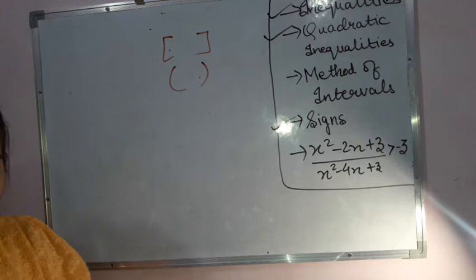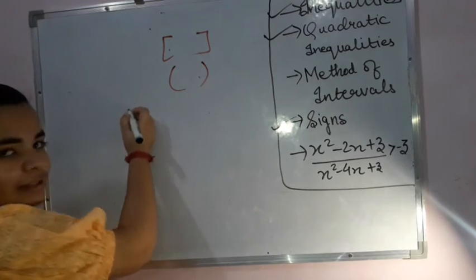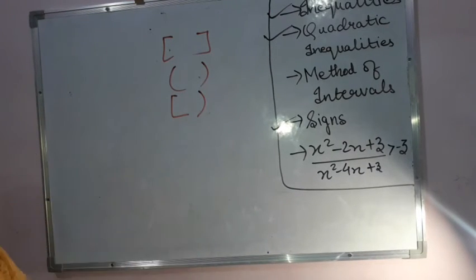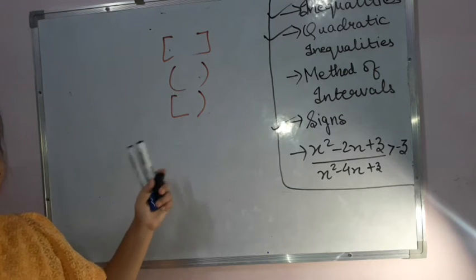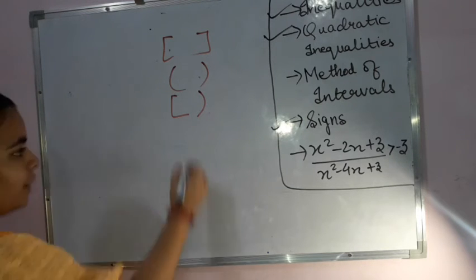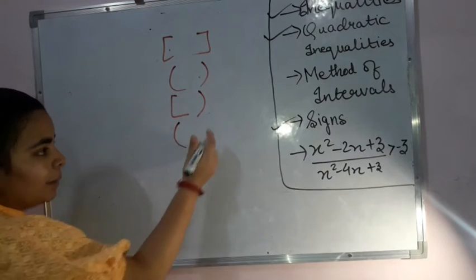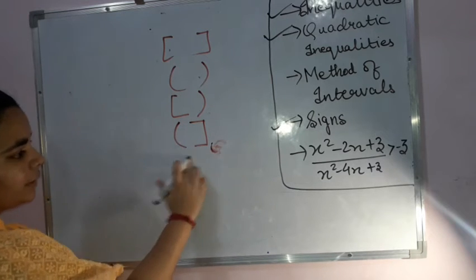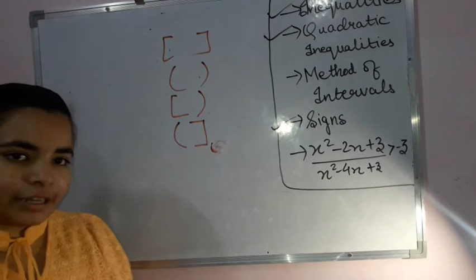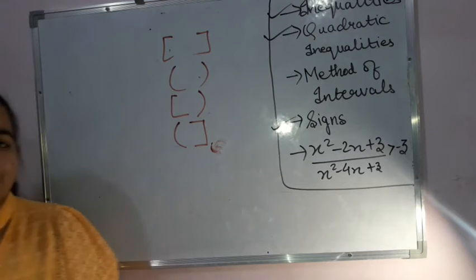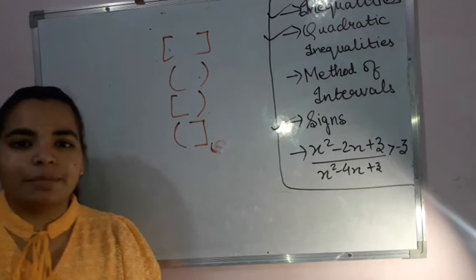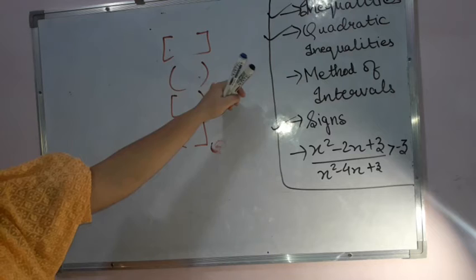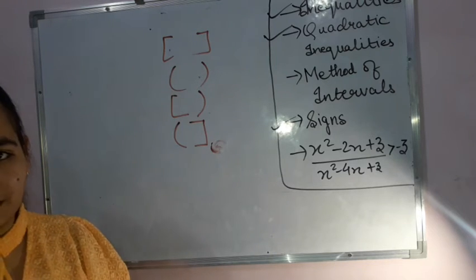And if one of the limits is included, suppose the lower limit is included, then here we will be using this sign, and on the other side the open bracket will be there. This is also called half open, or you can also call it half closed. And if the lower limit is not included but the upper limit is included, then the inclusive sign is this, and so we represent it like this. And whenever we have an infinity sign, minus infinity or plus infinity, there we will be having the open brackets only. That means for minus infinity and plus infinity, we will be using these brackets only, right?